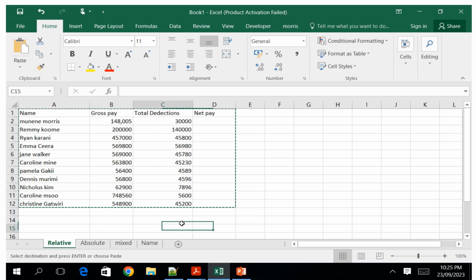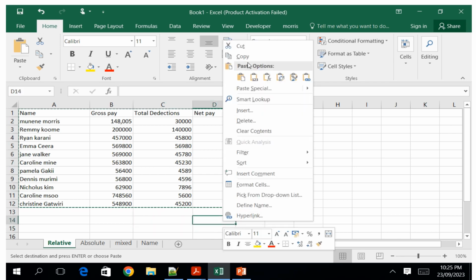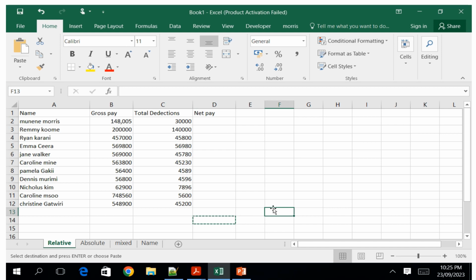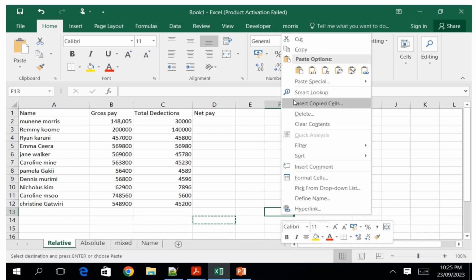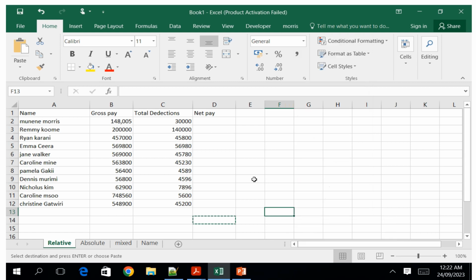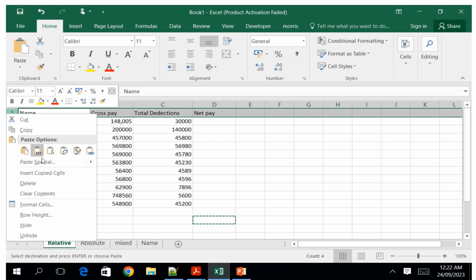So I can highlight this and copy that cell, so that we can move away from the highlighted cell. In relative referencing, the cells in a formula are referenced based on the position of the cell that contains that formula. For example, here we need to get the net pay for this employee. Maybe we can insert another